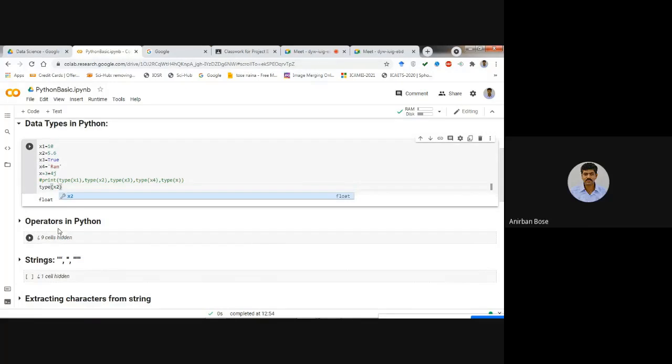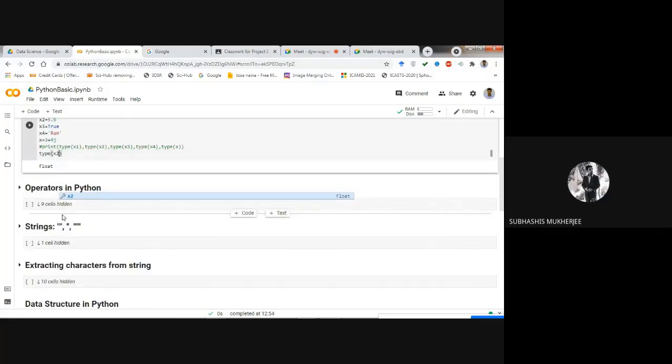Sir, I have written type x2, because the comment part, I have written it as it is, it's not going to matter what I write because it's not going to take it. Yes. So I wrote up to x2 and lastly I've written type x2 and it's not showing float, it's showing str. What? It's not showing float, it's showing str.